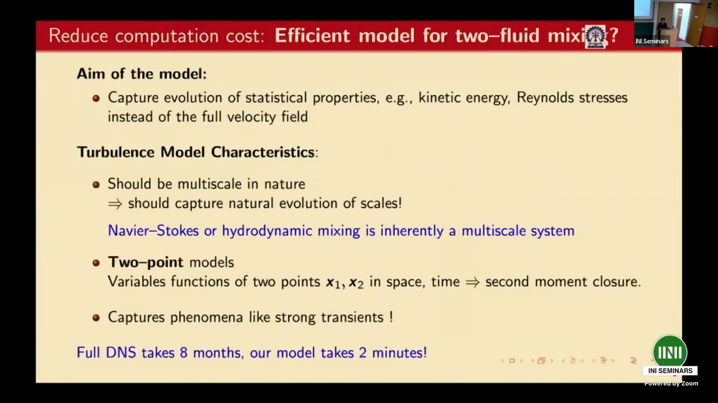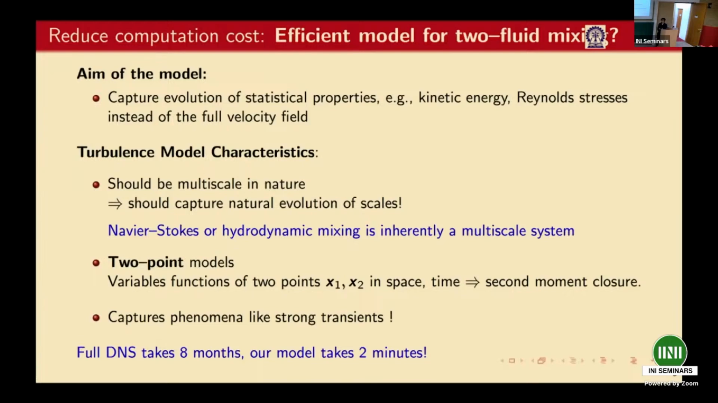So the question is, can we build an efficient model for two-fluid mixing, which perhaps takes much less time, but can capture the essential properties of the flow? For example, the evolution of kinetic energy or the Reynolds stress, which is like a velocity-velocity correlation, instead of the full velocity field. To do that, we needed to build a turbulence model, and